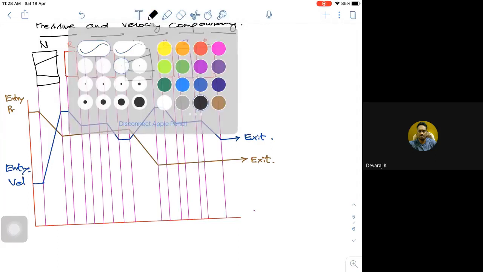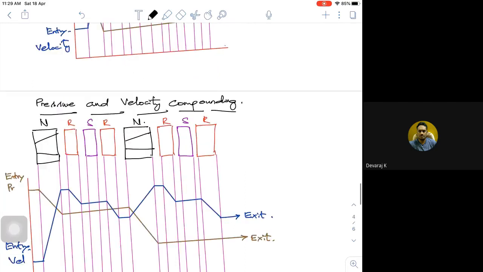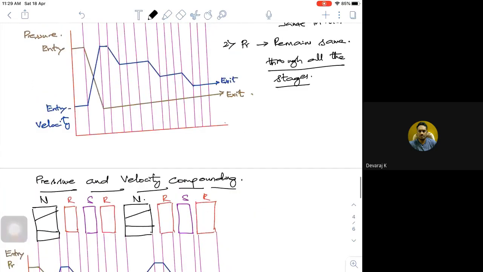So pressure, this particular part, see, I do have the pressure compounding. A particular part is pressure compounding. Then partly pressure compounding will take place and partly velocity. So this pressure velocity compounding is very advantageous. See, if you look at the velocity compounding, the pressure has to drop from a very high, huge pressure to a particular lower pressure in the nozzle.